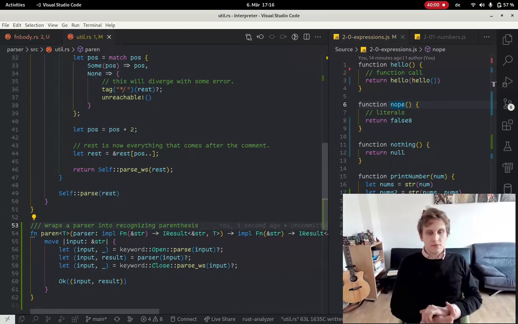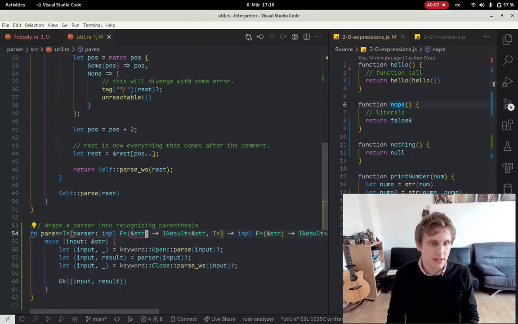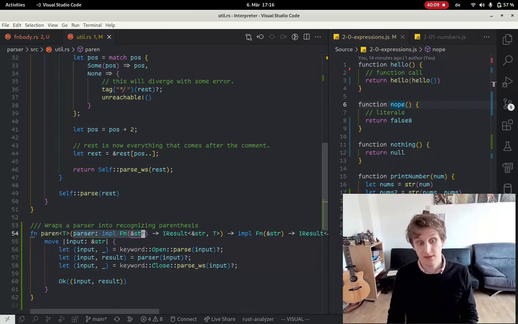So what I just did is create a parser combinator that will recognize parentheses. It takes a parser, and parser combinator functions always have the signature: they take a string and they give you